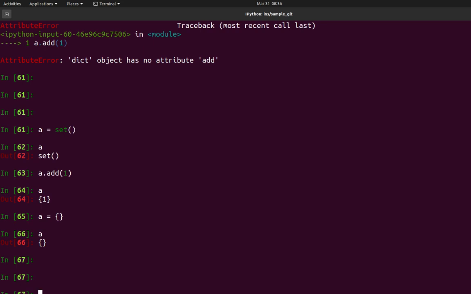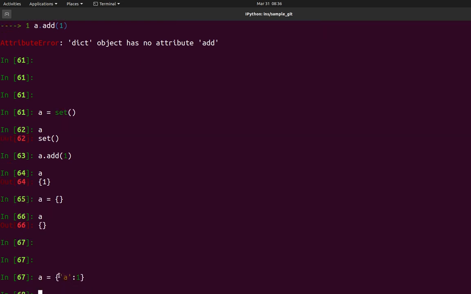Now a dictionary has key value pairs. Until now we were just adding elements. Even in a list or sets or tuples, we just have elements. In a dictionary we have key value pairs. So key value pairs will be like this. This will be my key, and I am just giving the value here. And these keys should not be duplicates. These keys always have to be unique values.